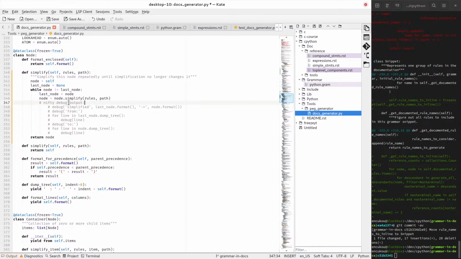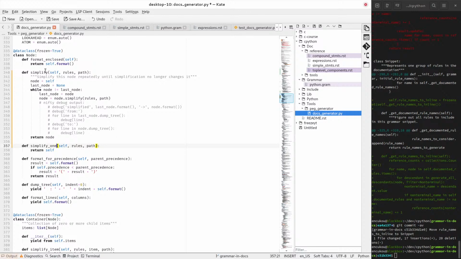There's this nifty debug output that probably want to keep, and then it returns node. Now the problem here is that I renamed something to clash with an old version of something. And I want to rename this one to simplify 1,